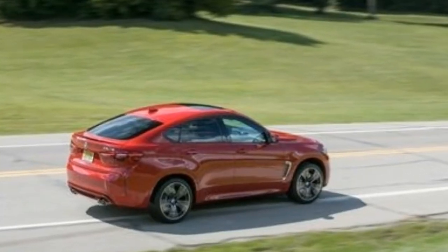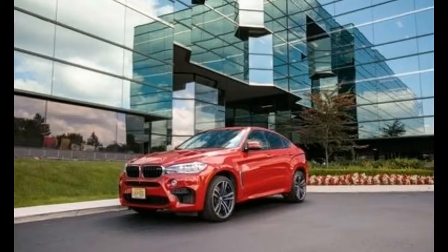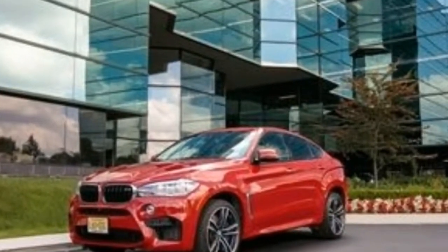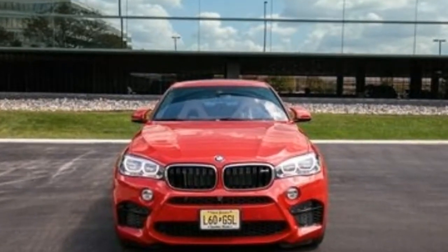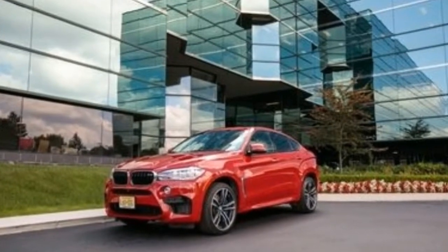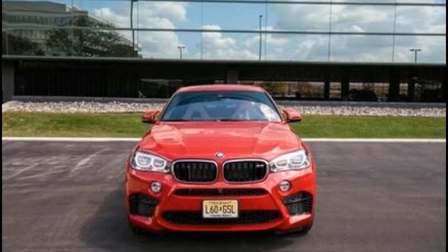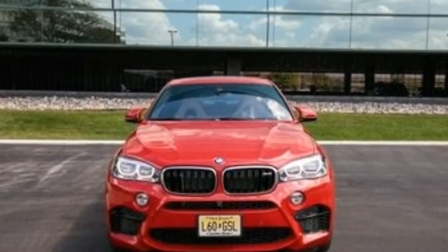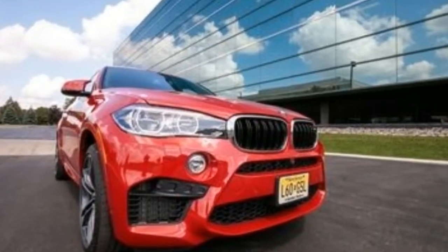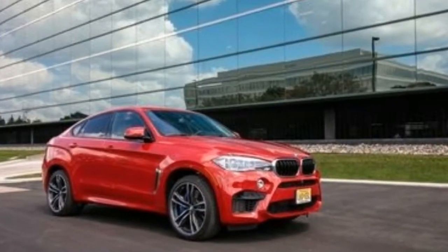285/35 front and 325/30 rear. While the sticky rubber does wonders for the X6 M's grip, the thin sidewalls take a toll on the hunchbacked hatchback's ride quality. The X6 M's suspension is jarringly stiff. Standard adaptive dampers with 3 modes offer comfort, sport, and sport plus settings, but they only alter the suspension's compliance from graphite to granite. In any setting, though, the X6 M's chassis reacts predictably and with minimal body roll, abetted